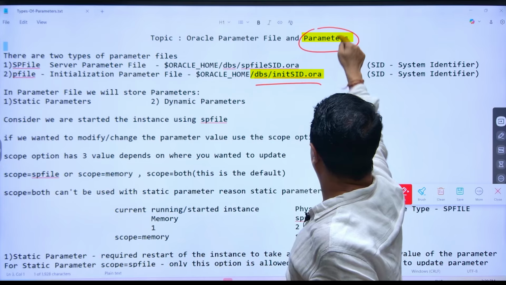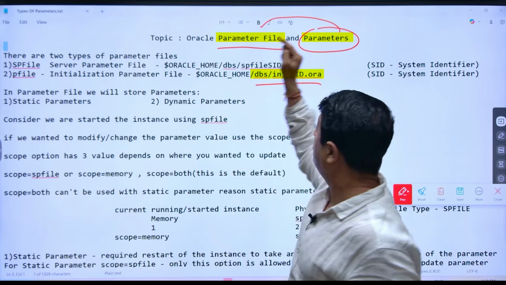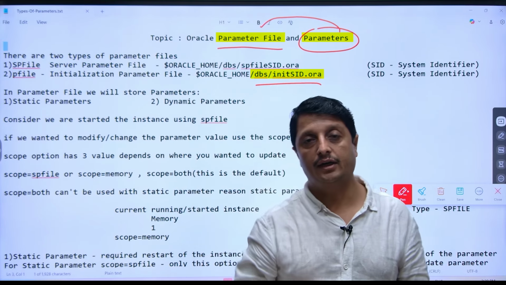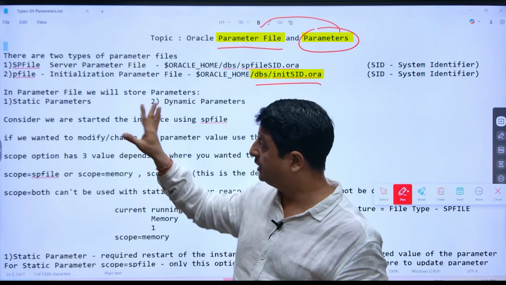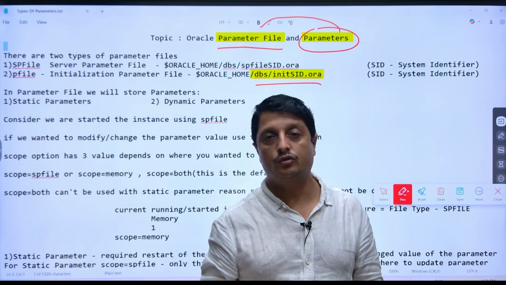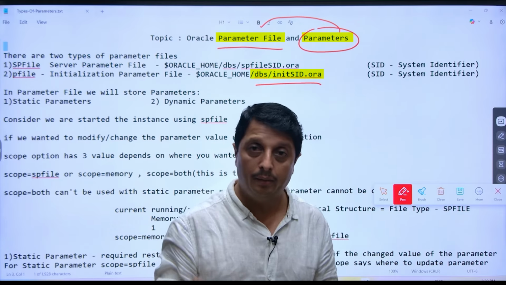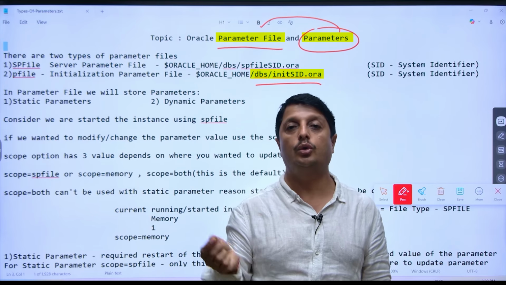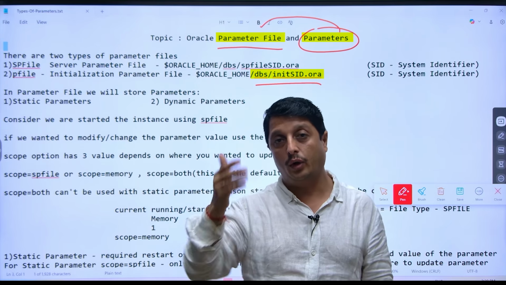These parameters will be stored in these parameter files. It can be an SPFile, it can be a PFile, whichever you are interested to use. So which is the best one? Obviously, you have to say the SPFile is the best one because it's runtime modifiable by using the ALTER SYSTEM command. Whereas with a PFile, I need to open it again,